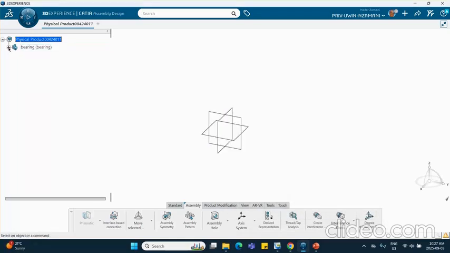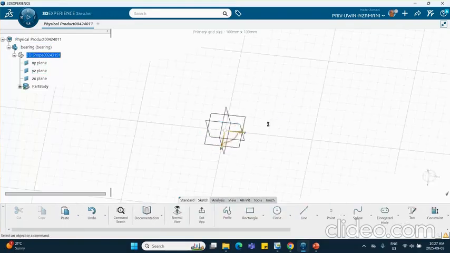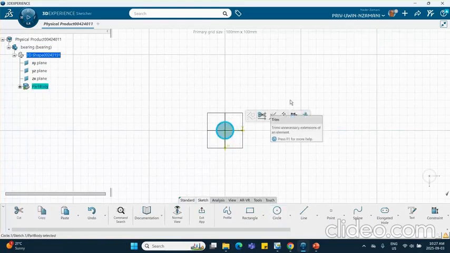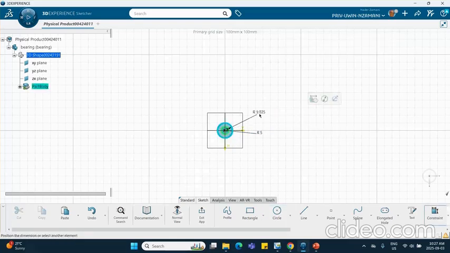The bearing is fixed, so it's not going to participate in the calculation, but you need to do that. So let me go to part design. On that horizontal plane, I will sketch a circle. Dimension this thing. The inner radius, I'm going to make it 5. And another circle. This is completely arbitrary. I'm going to make it 10. All right, exit,